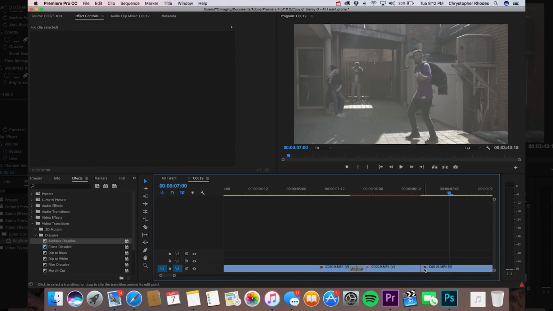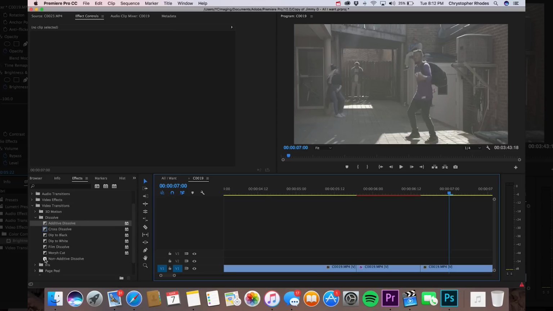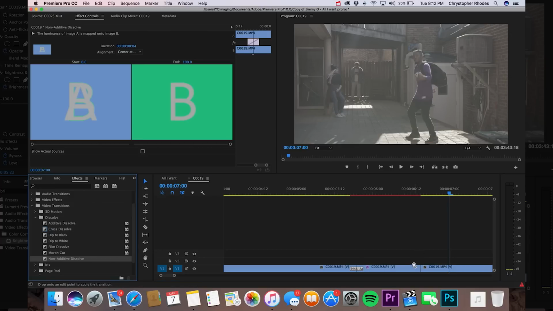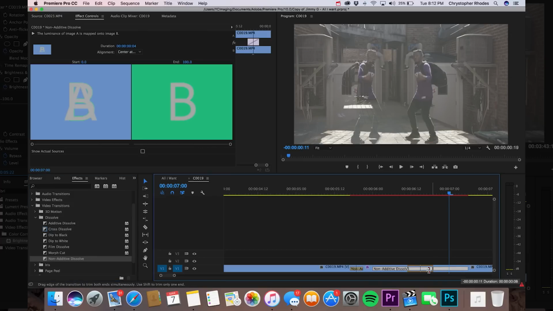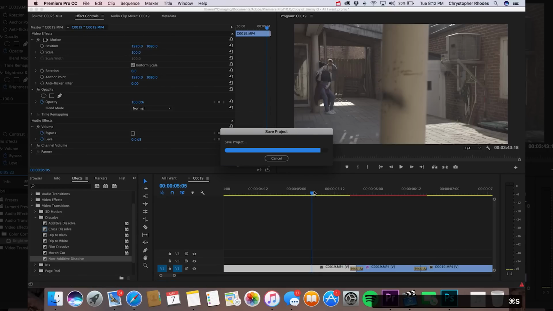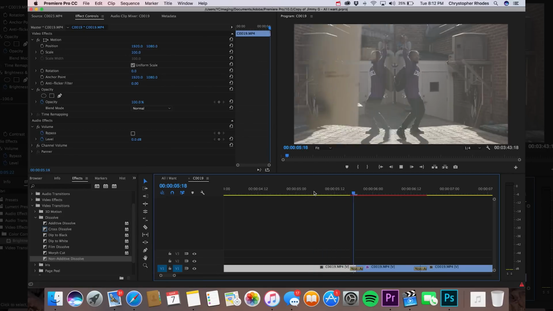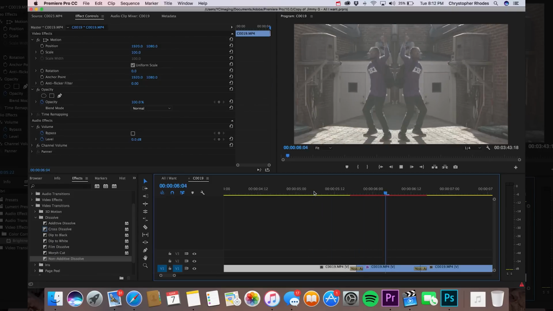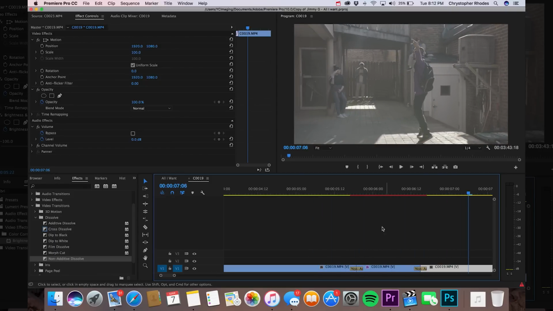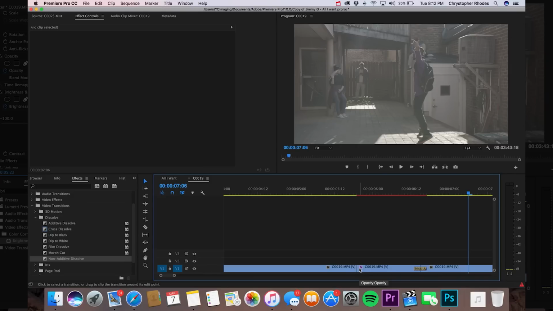But let's try the non-additive dissolve to see how that looks, because I like that. It gives it almost like a glitch effect in a sense when I use it most of the time. So we'll put that in and we'll make that small as well. Nothing big. We don't want this to really stretch and extend out. Just want it to come in quick, in and out. See how this looks. Not really anything that goes on there. I would probably use the additive dissolve, but that's the mirror effect right there.